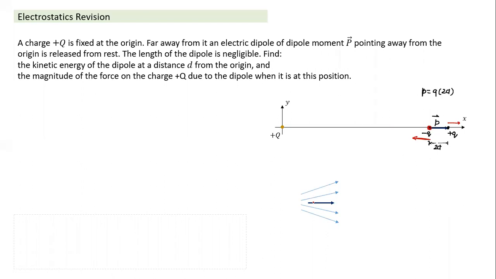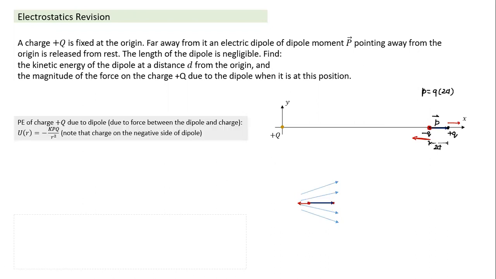We can also understand this in terms of field lines. If the field lines are like this and the dipole is placed in this fashion, had the field lines been parallel, the field would have been uniform. This line indicates that here the field strength is greater, and here the field strength is less. Since the field strength is greater here, the field is directed towards right, the force will act towards left, and the net force on this dipole will be towards left in this case also.